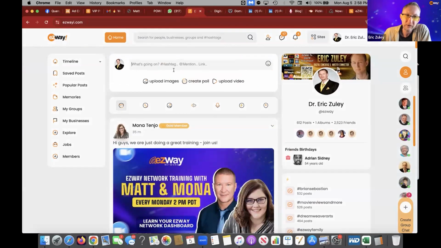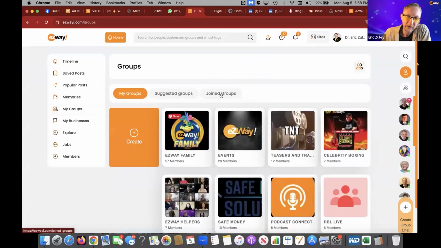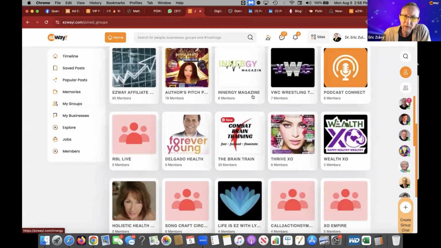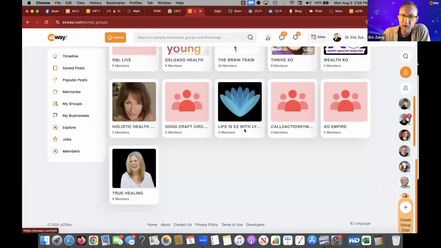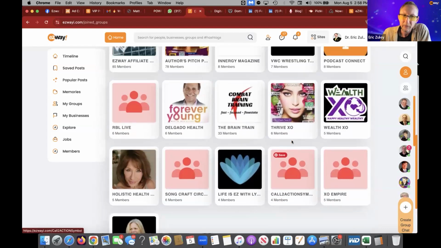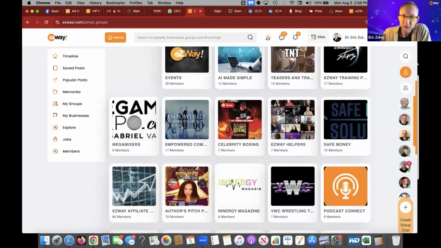But when you post on here, we are going to share it to our groups. And as you can see, there's a lot of groups. A lot of people are starting to create groups now. And I really think you should go through this gallery and go through these groups and see what type of groups they are. There's a new lady, I talked to her for a while, Andra. There's a lot of healing groups on here. There's actually a help group on here. And you asked a lot of questions about getting help.